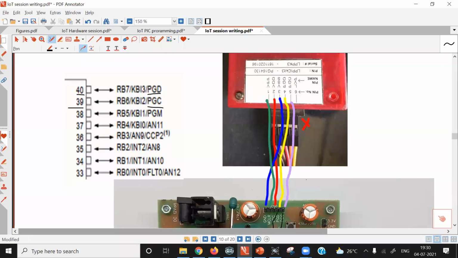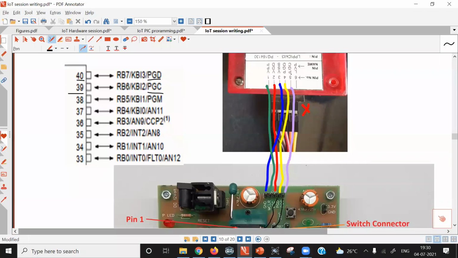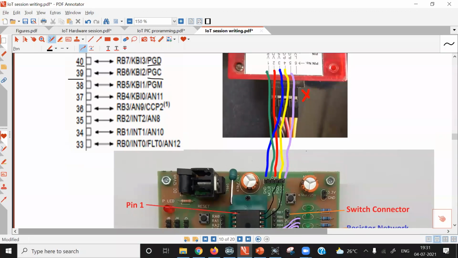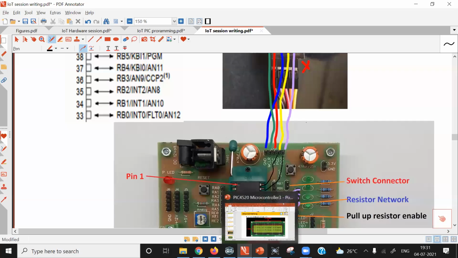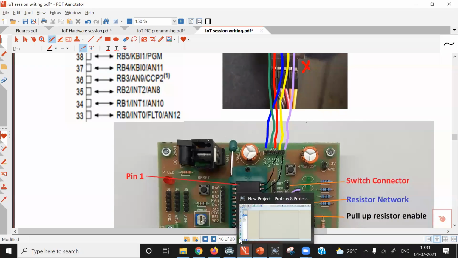So if you don't want to use the PIC development board for programming the PIC microcontroller IC, put that IC either in another ZIF socket or directly on the breadboard and connect the PGD wire to pin number 40, PGC wire of PICkit 3 to pin number 39, VPP pin of PICkit 3 to the MCLR pin, VSS pin to ground, and VDD pin to the VCC pin of the PIC microcontroller. So without the PIC development board, programming is possible. With the help of jumper wires, you can connect to the microcontroller port pins.